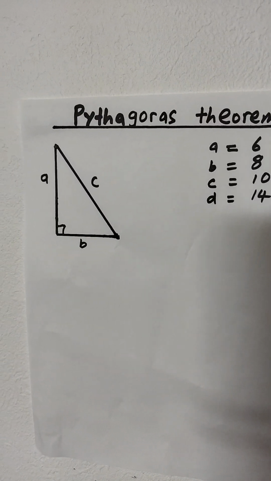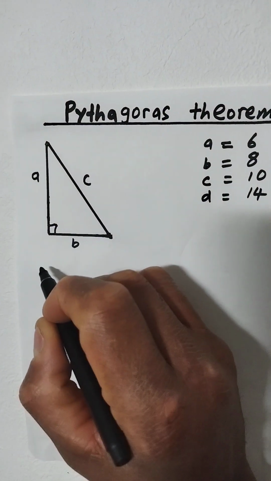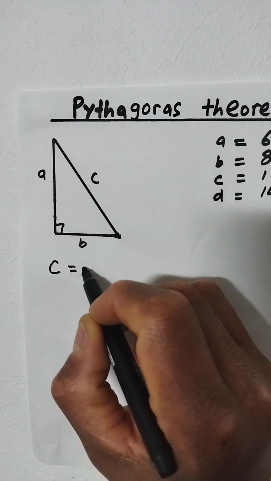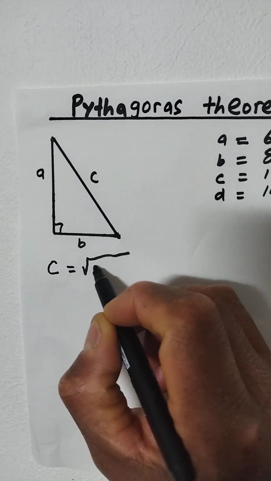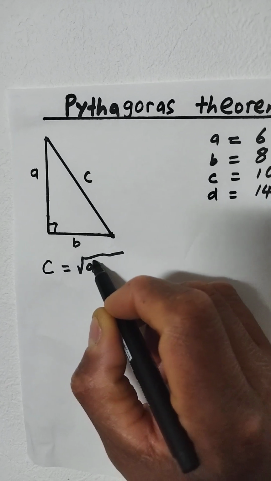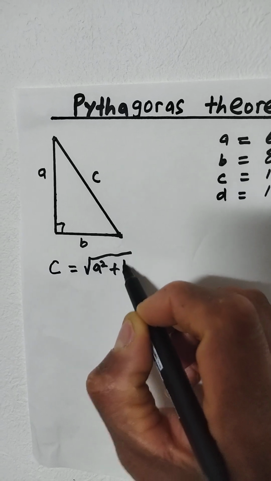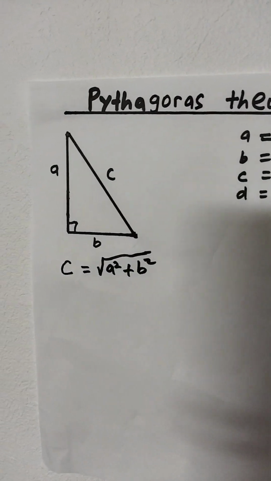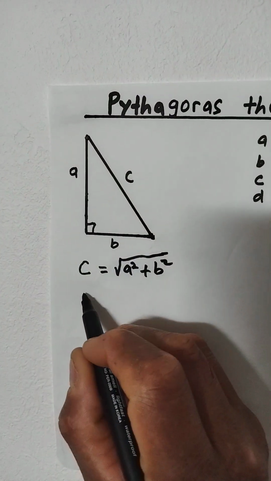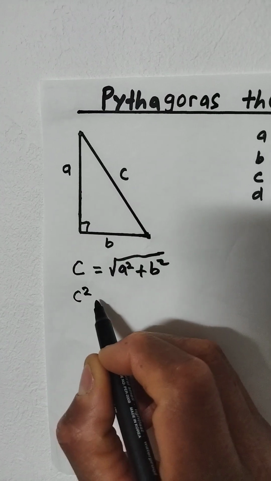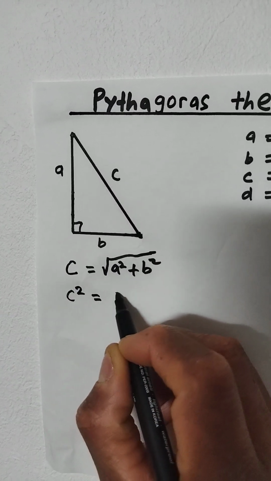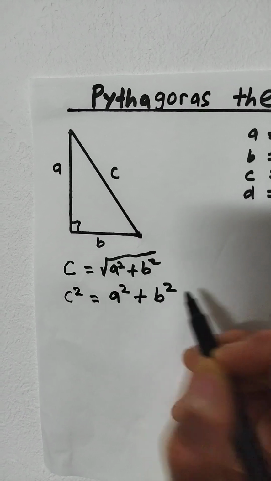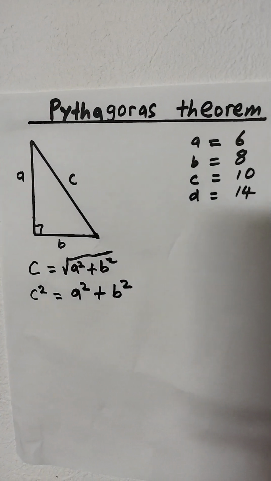And it goes like this. c is equal to the square root of a squared plus b squared, or c squared is equal to a squared plus b squared. Okay,